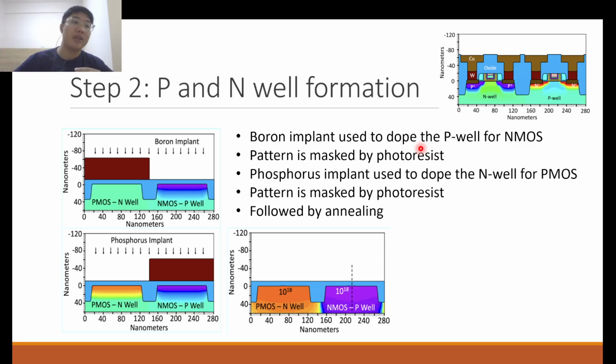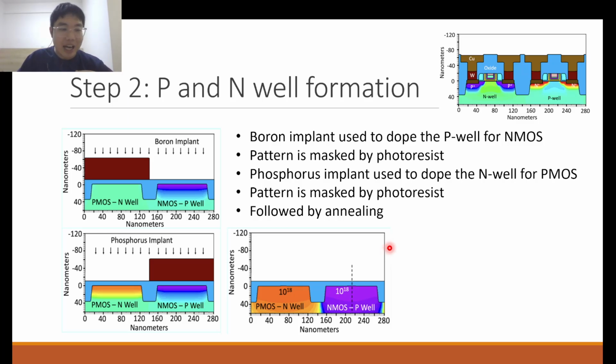So normally ion implantation is the default method of doping for most semiconductor processes, right? Not all. Some semiconductor processes still use other forms of doping, but ion implantation is one of the major methods nowadays. Okay, so this is followed by annealing, because normally what happens is that with this kind of implantation